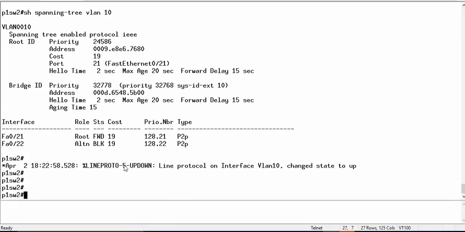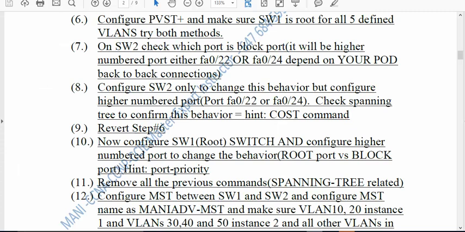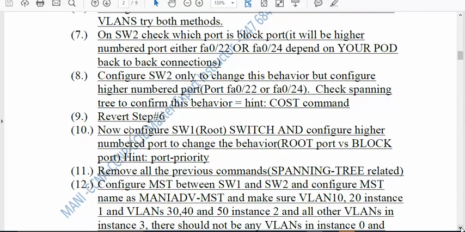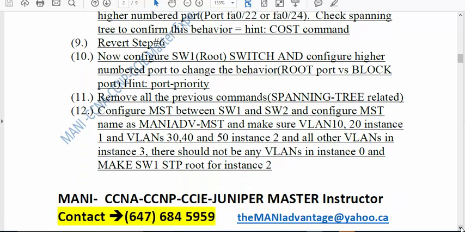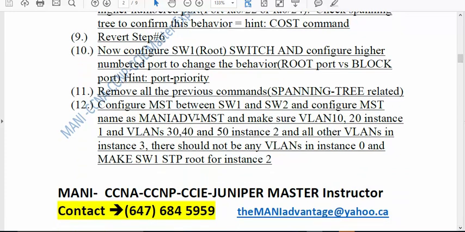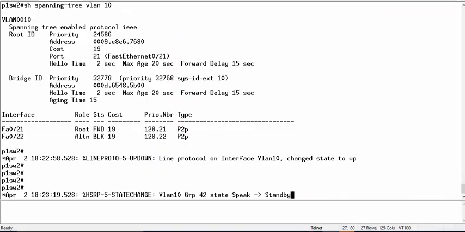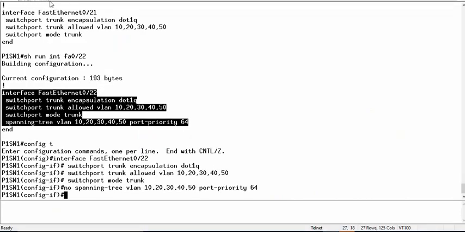So guys, even though it might look boring, take your time, watch the videos a couple of times until this concept is there. So right now we configured step number 10, and then I'm telling you to remove all the spanning tree configurations. So here I want to show you something right now, guys. Let's keep the command as it is. I want to show you what type of spanning tree. If they ask you what type of spanning tree you are running right now,